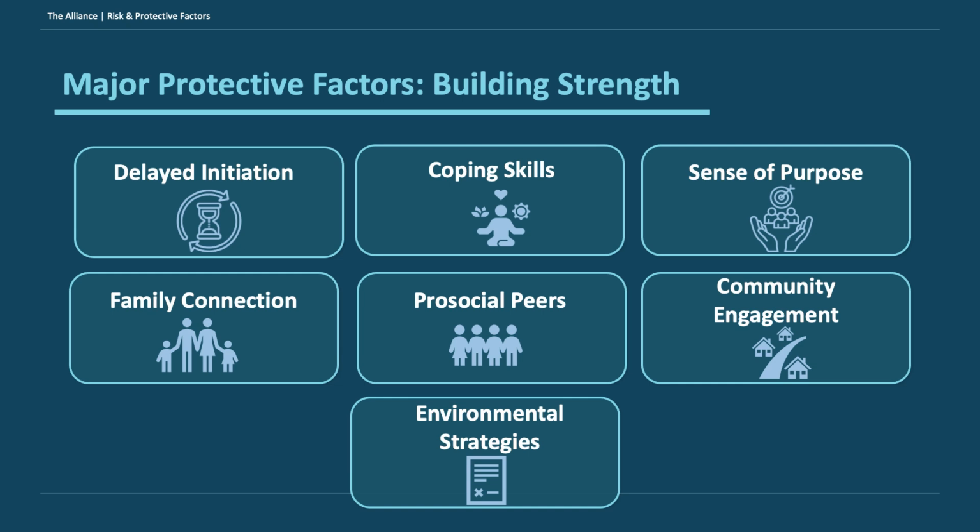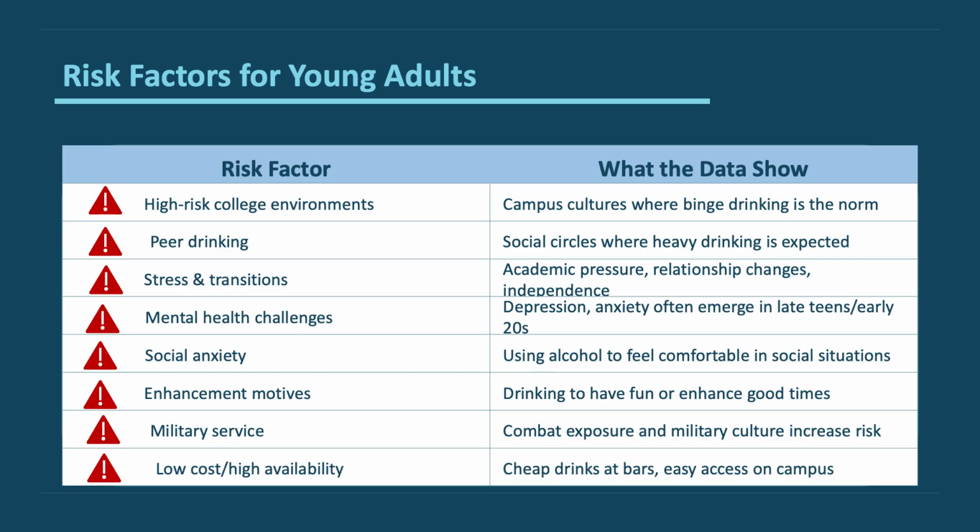Community engagement. So whether you are part of some sort of group in your community is actually a really strong protective factor. And so having opportunities to engage as a community. And then the environmental strategies or policies, like I just mentioned, taxes, we'll talk about density and a few others. So these are all protective factors that actually help reduce the likelihood of excessive alcohol misuse or future alcohol use disorder.